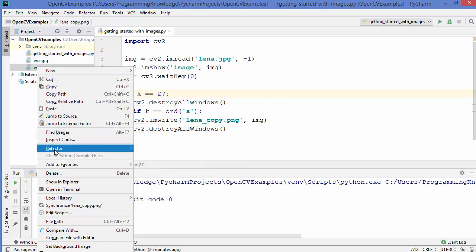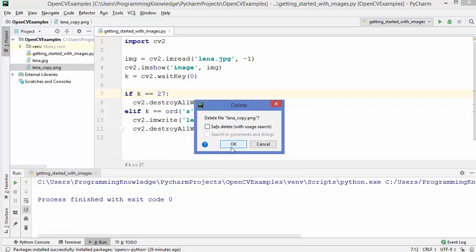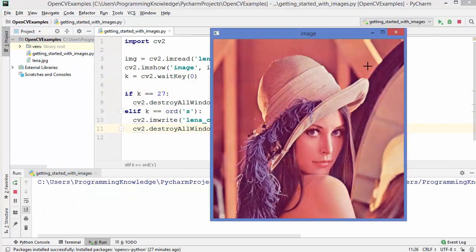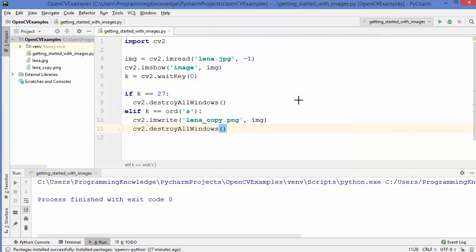So let me just delete this image, and now let's run the code once again, and this time I'm going to press the S key, and once again you can see the windows are destroyed, but this image is created once again using this function. That means this time this condition is fulfilled and this image is created, and after that all the windows are destroyed.